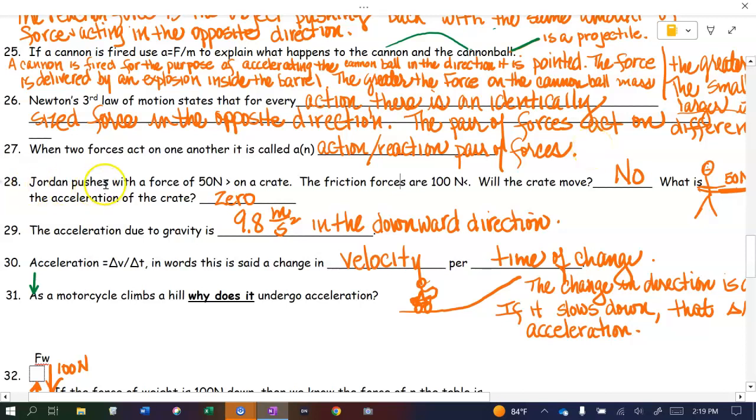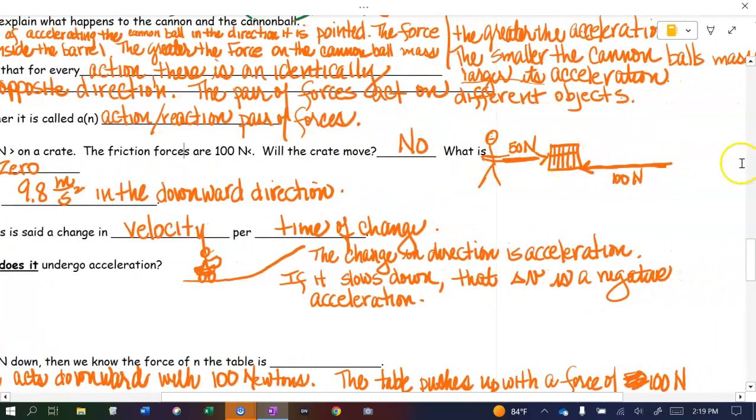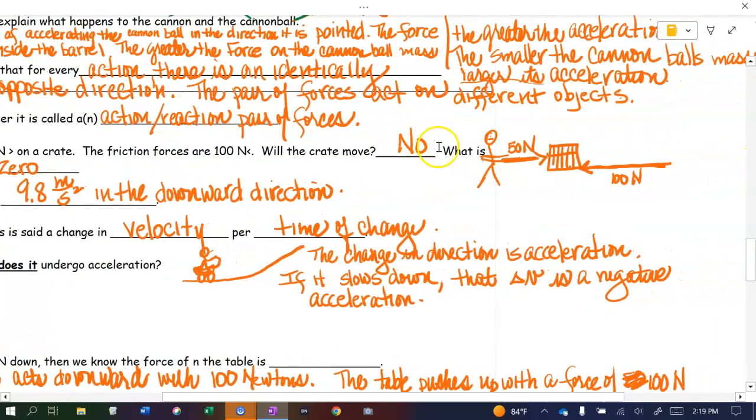Now, we're back to these crates again. Jordan is pushing with a force of 50 newtons on a crate, and the friction forces are 100 newtons. Will the crate move? All right. Well, no, because he isn't pushing enough at 50 newtons to overcome 100 newtons. All right? But